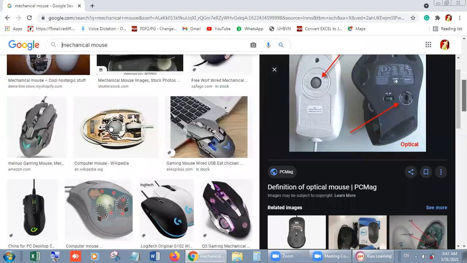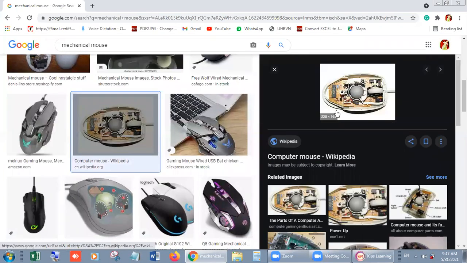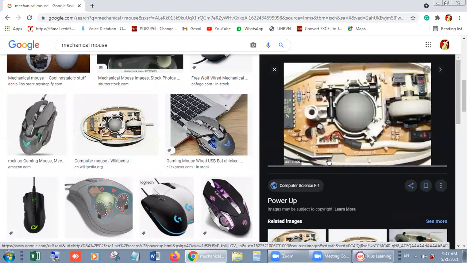I can show you like this. Look student, you can see it. This is the inside portion of the mechanical mouse. This is not the upper cover of it, right? It is the inside picture. This is the ball, whose outer layer is rubber, but the inner side is metal.